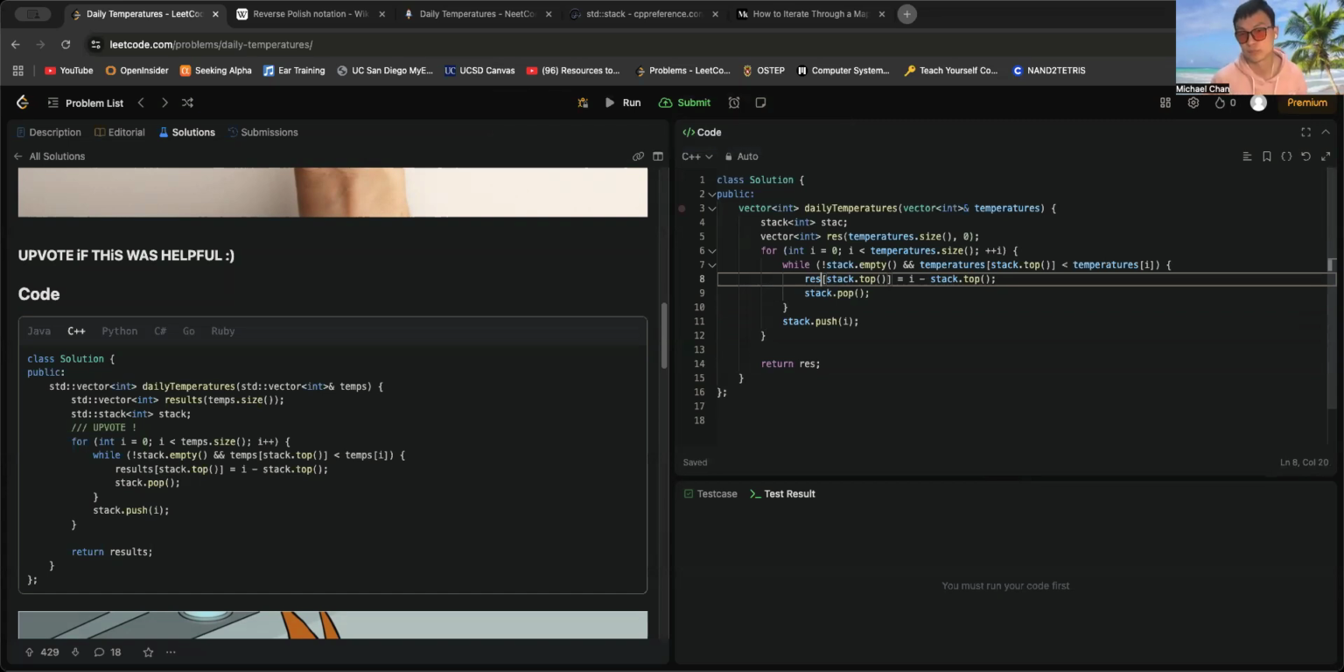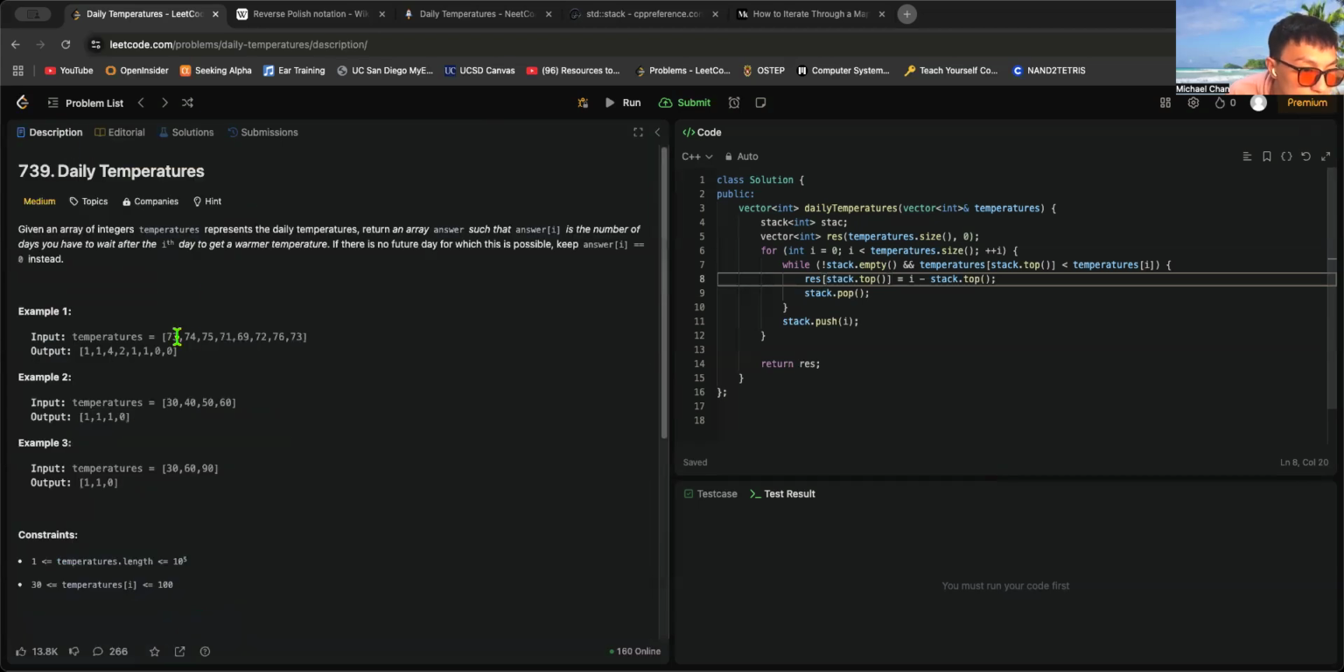How does that work? Well, the stack is not empty, and temperatures stack top is smaller than temperatures i. Well, it's not, so stack will push zero in. Okay, now i is one, stack is not empty. Temperatures stack top, which is zero. Temperatures top is 73. 73 is smaller than 74, so result